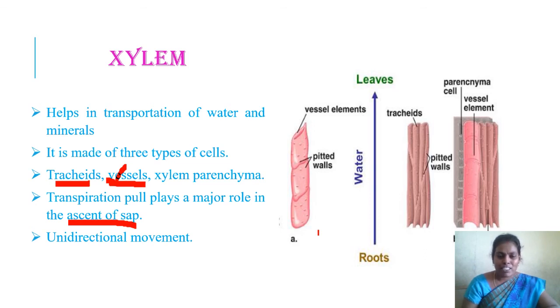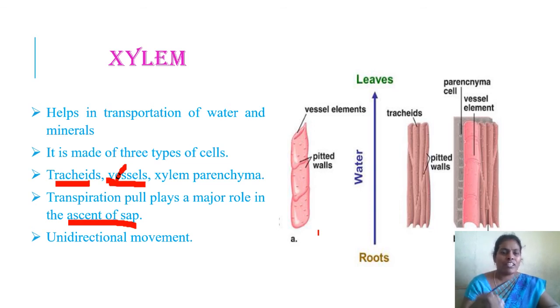What is meant by transpiration? The releasing of water vapor through the stomata is called transpiration. You all know that plants release water through the stomata in the form of vapor to maintain the body temperature of the plants. This process is very important. Whenever the water gets evaporated from the aerial parts of the plant,